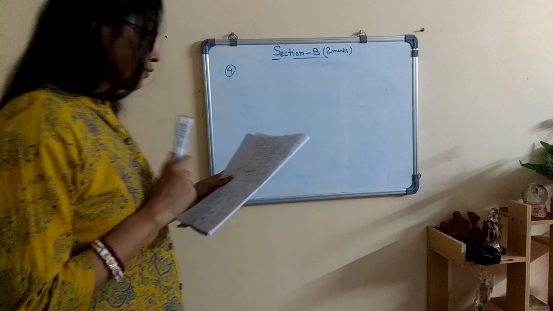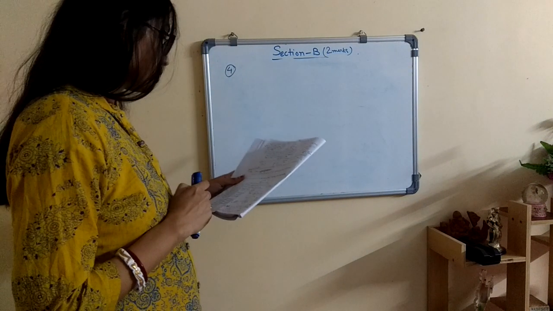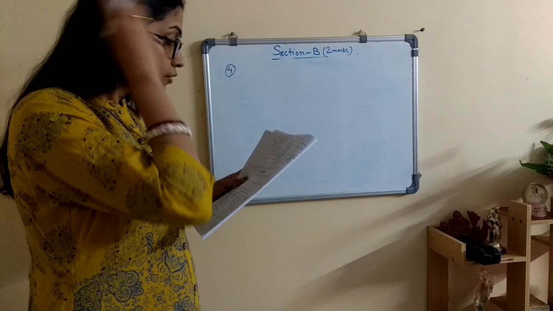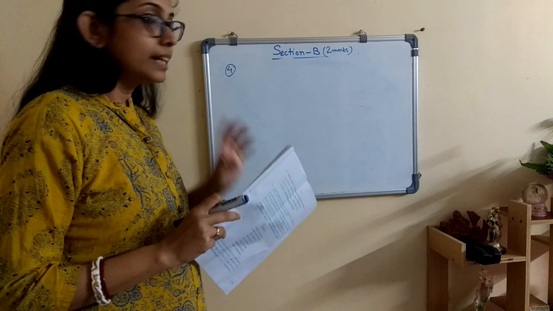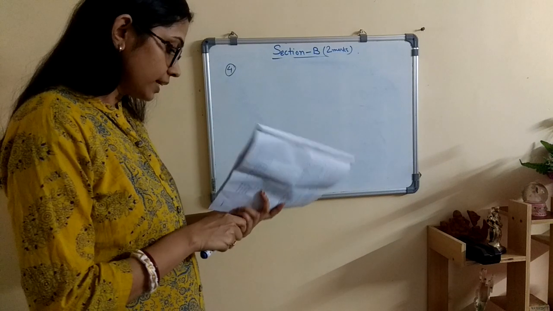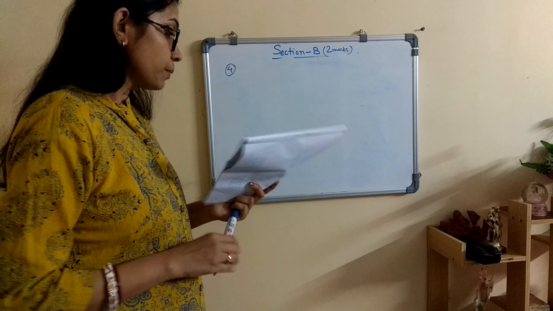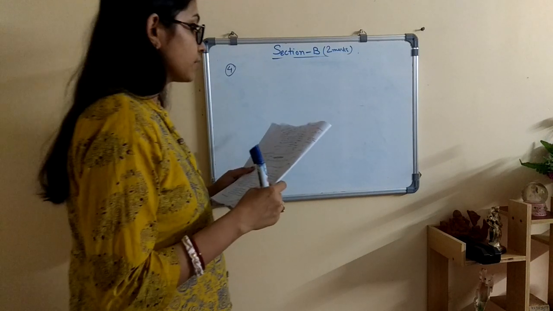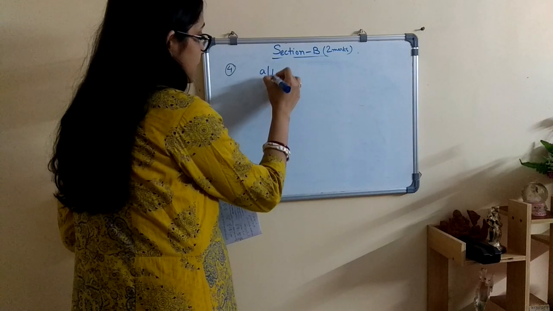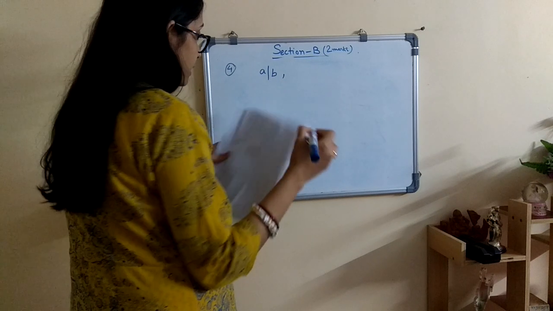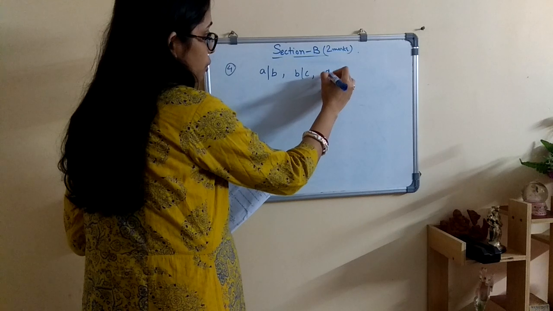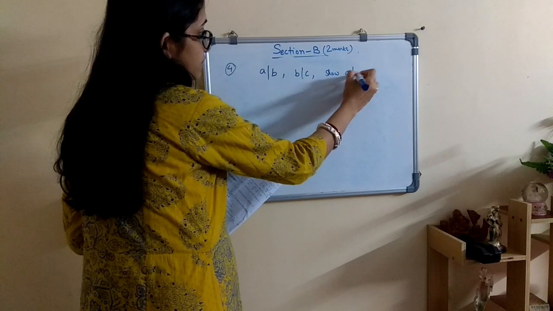So the fourth question, let's start to solve it. The fourth question is a divisibility property for any integers. There are many properties given in our book, but here one of the properties is provided to us as a question and we have to solve it. This symbol represents divisibility. So A is divisible by B and B is divisible by C, then we have to show A is divisible by C.